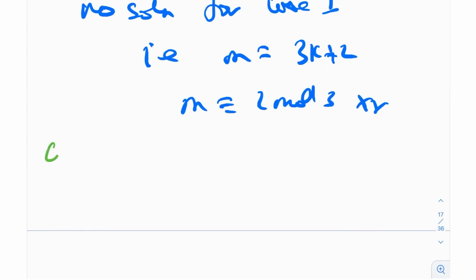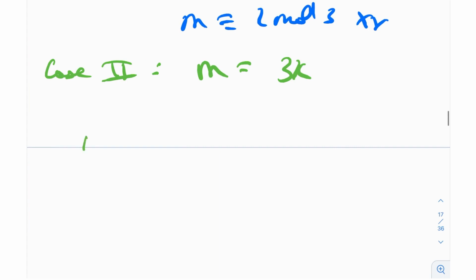So moving on to this case 2, right? What is case 2? M is 0 mod 3. Essentially, m is 3k. And when I plug that into the given equation, so we had this, right? We had 4k plus 3 times